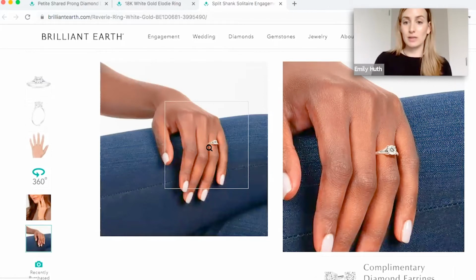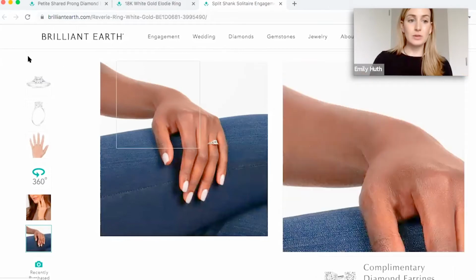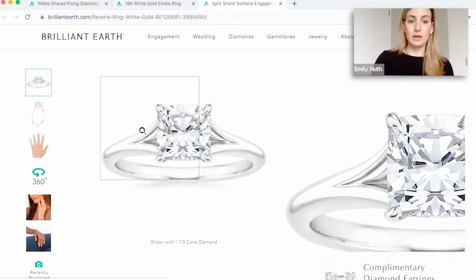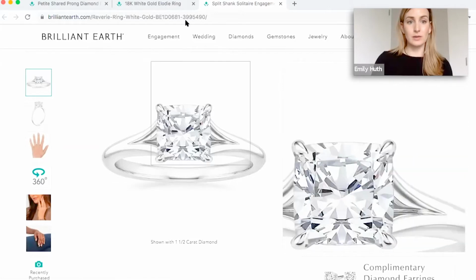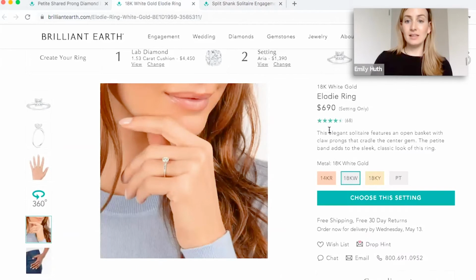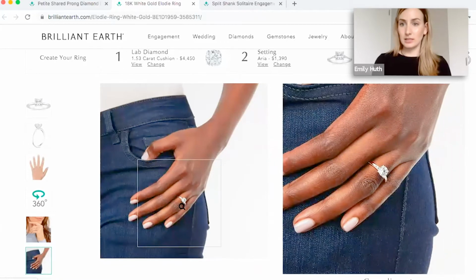And the split shank just meaning the two bands right here, and I'll show you right here, where they kind of separate. Just adds a little bit of a unique flair to the ring. And the Elodie, which is what we looked at, that one there was in the 14 karat rose gold that I showed you all. This one here is, of course, in the 18 karat white gold. As you can see here, you can adjust what the metal type is that you're hoping for. There's that. Again, just a very, very classic solitaire, delicate band, metal, and then just really focusing on that center